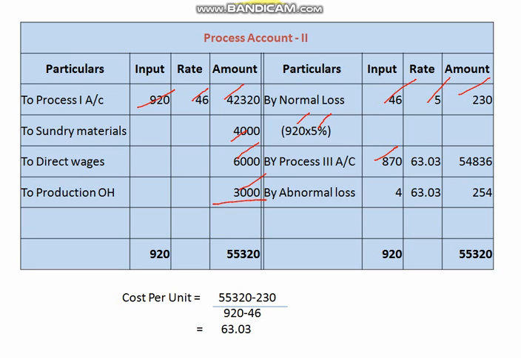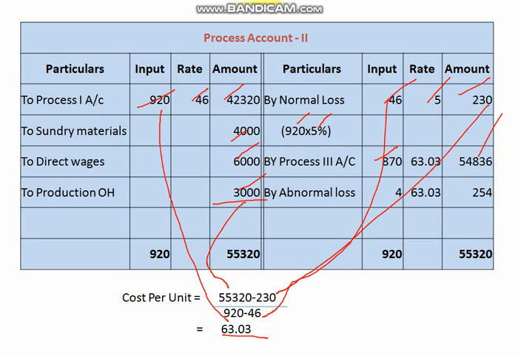Once again the same, you need to add the total cost here, right? Total cost minus, as I said, the normal loss amount, then total input minus normal loss units. By using all these three things, you may get the cost per unit, which is how much? A fraction. That was the question now. If the question comes to a fraction, then you need to adjust the difference. How to adjust the difference? On any side, this side or this side, you have to adjust. Say, keep the same figure here. I will make it clear. Once again the answer is like this.